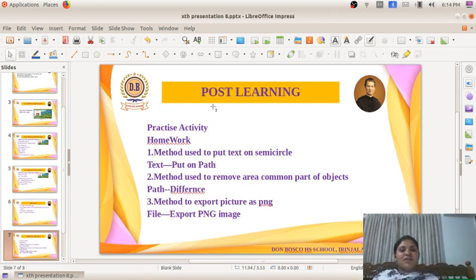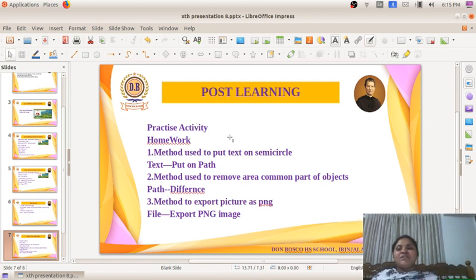We can create a banner or a poster in Inkscape against COVID, or giving awareness for COVID. Those who have computers at home, you can practice creating a banner in Inkscape. Those who have done it, you can message me personally.